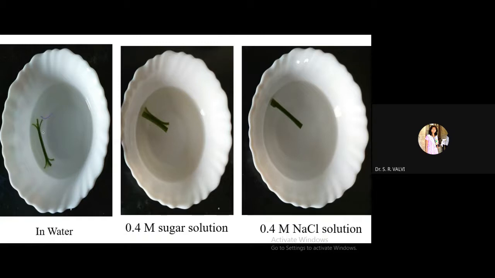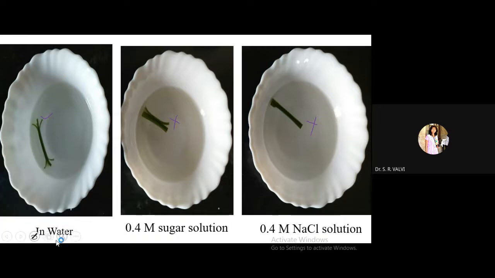This is the curling which has happened in the first petri plate or first bowl, which has water, right? In the second, in the sugar as well as in the NaCl solution, you are not observing such a splitted or curly pointed end of the petiole, right? There is no such curling at the end, in the sugar as well as in this NaCl solution. So what occurs here within this?